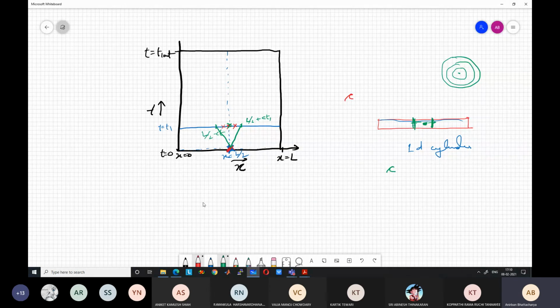So the pressure wave, now at this time t equal to t1, if you are within this region, say there is a boat, this boat here will feel the pressure wave already within this time. But will a boat which is sitting here feel the pressure wave at the time t1, if this distance is ct?